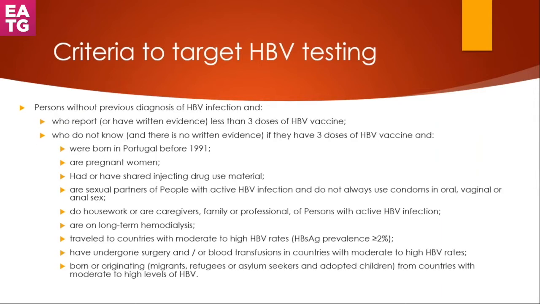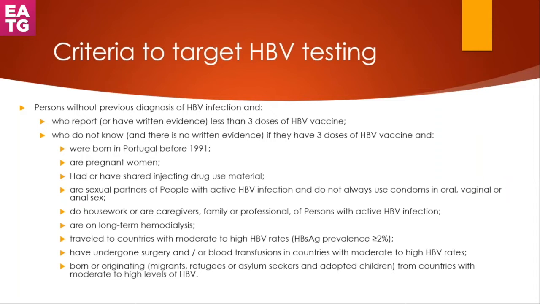For HBV testing, as you can see, we have a lot more criteria. First, people need to not have a previous diagnosis for HBV infection, and people who report less than 3 doses of hepatitis B vaccine should also be tested. Or if there is no written evidence of these 3 doses and people do not know, and they were born in Portugal before 1991,